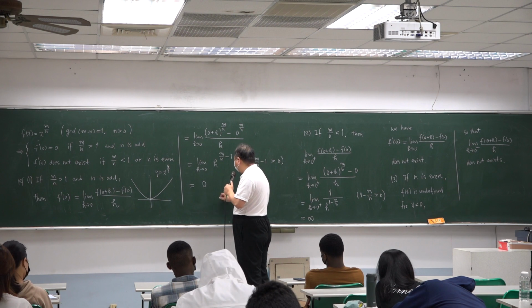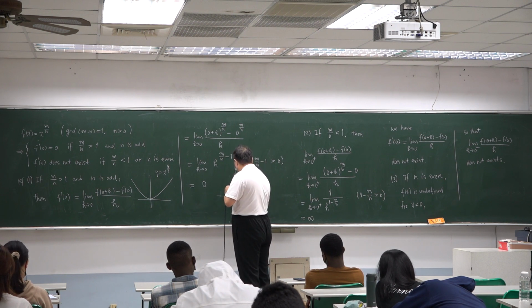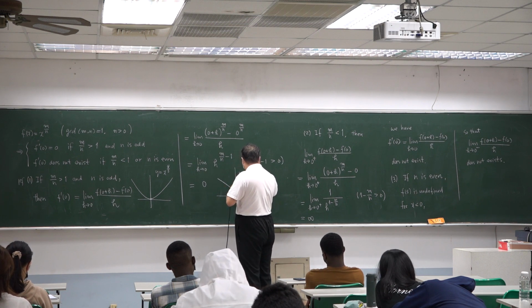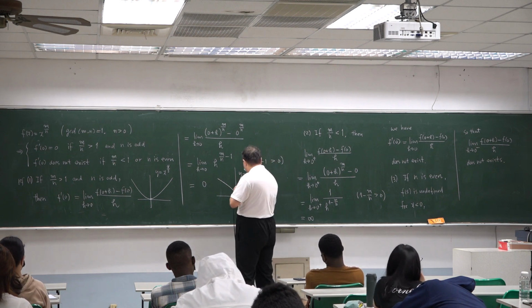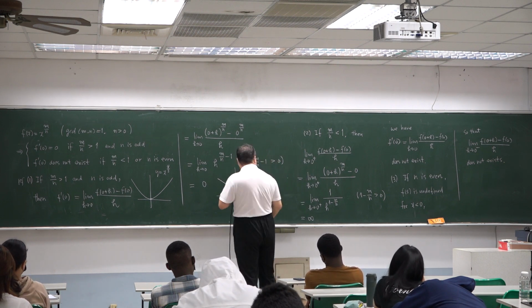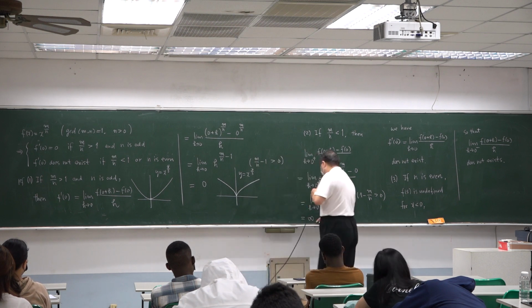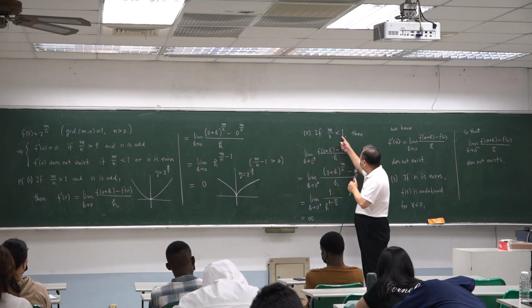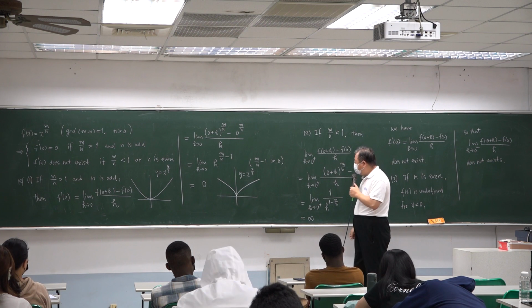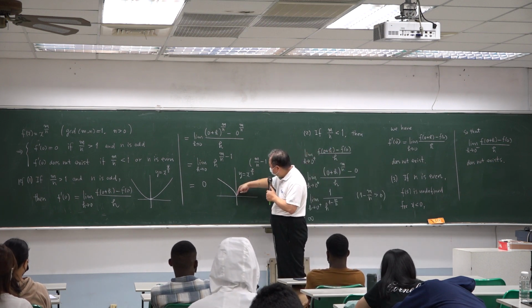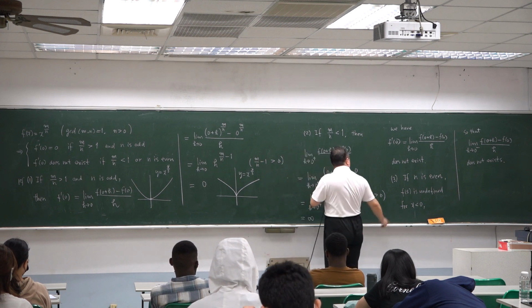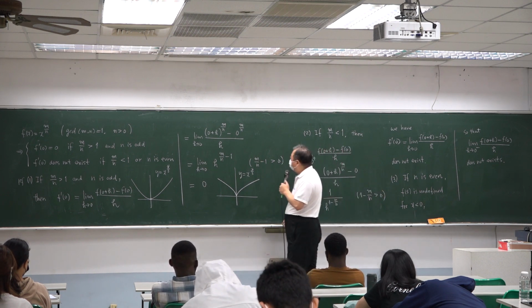If less than 1 and n is an odd number, we have a vertical tangent here, infinity. When n is an even number,